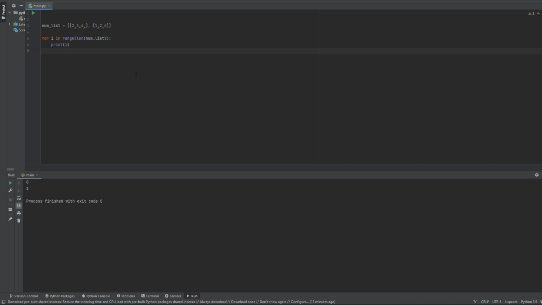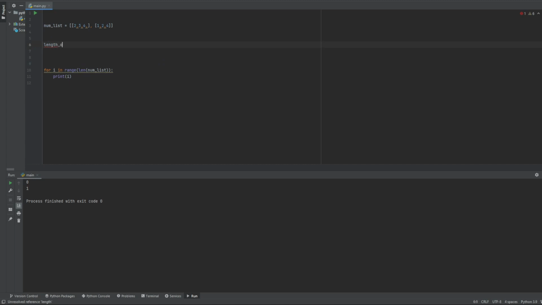Why is it saying 1? Because this is going to be 1 and 2. The length of this thing's going to be 2. Now, if you were to do the inner list, which is where a double for loop comes in, so if we were to print the length of, let's just do it like this. Length of